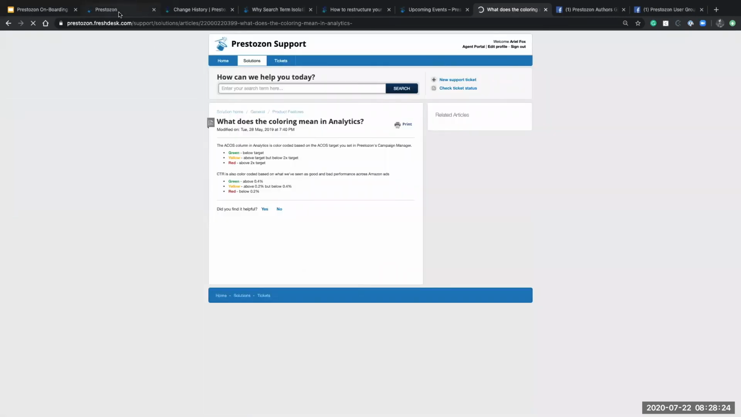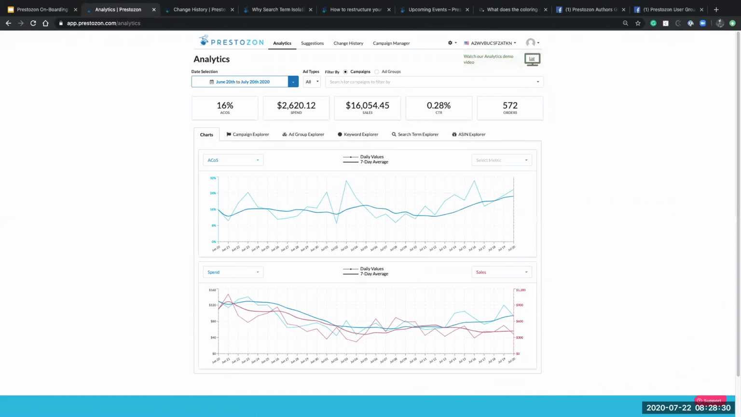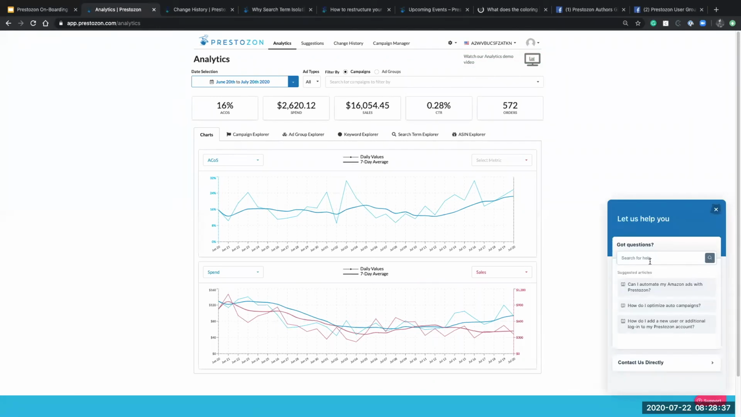I can show you here. There's a little widget where you can type in your questions. If you click here on support, you get this lovely little pop-up window, and you can search for help, add your questions here. Or if you don't find the answer to your question, you can contact us directly, and that will link to